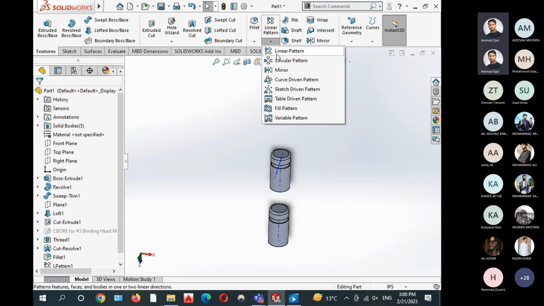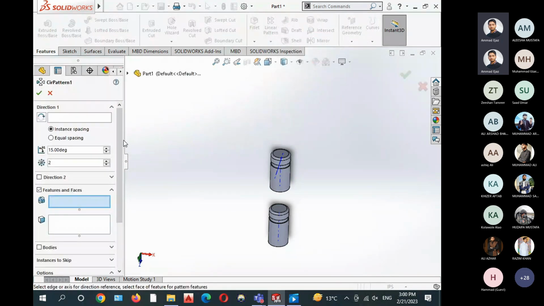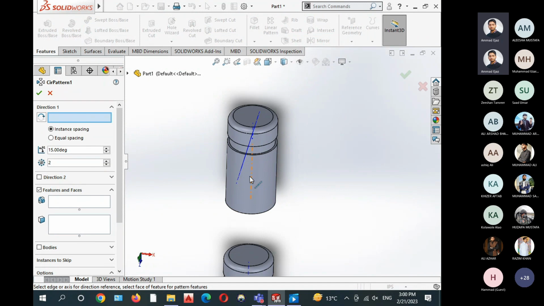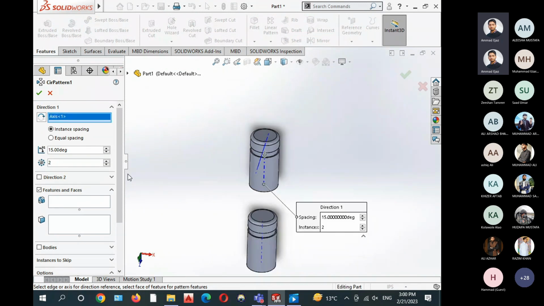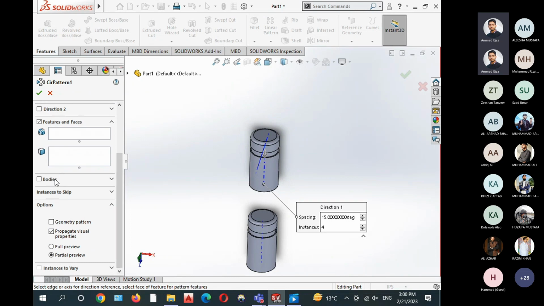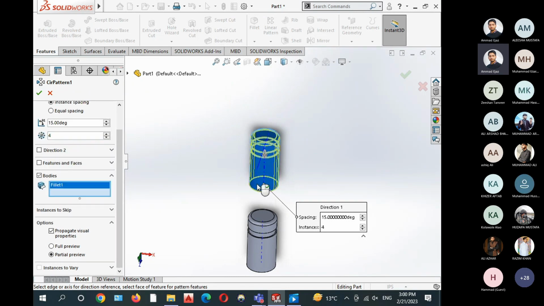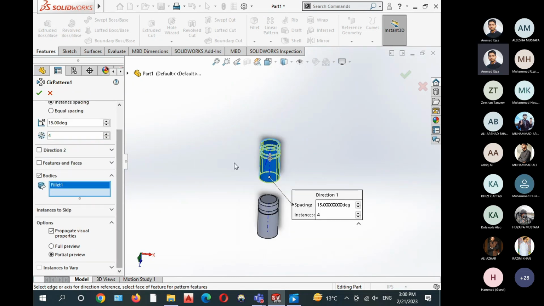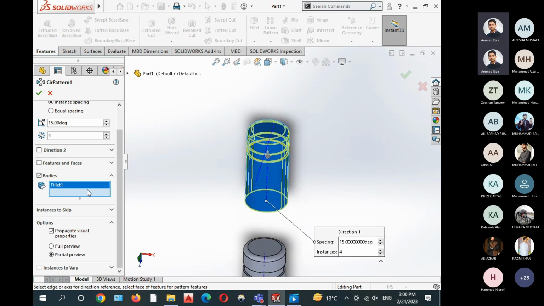Under the properties manager, under the drop down, you can see circular pattern. For the circular pattern, you need to define a central axis. Let's go with this central axis. Select the number of entities and select the bodies. Currently, it is creating